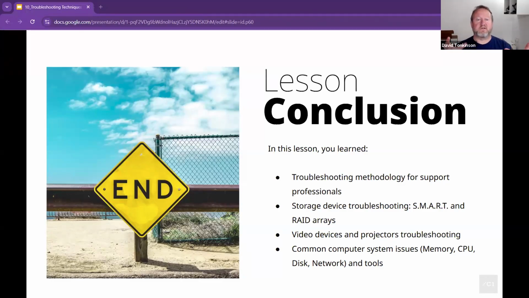We've looked at a little bit of troubleshooting for video devices, what goes wrong, how to fix them, as well as our projectors. There are some questions about projectors in CompTIA because they still use the things. And we talked about some common computer system issues. So we've spoken about memory that can give you problems and how we look at those, and the CPUs and the disk and network and the tools. So we kind of introduced you to some of those tools that are available on all those different operating systems. So that's kind of an introduction to the troubleshooting end of